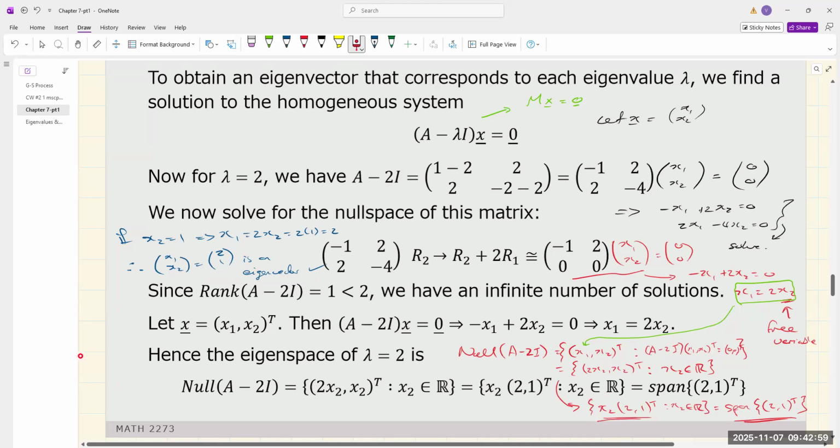Okay, of course, once you have the full null space, all you have to do is take any vector in here. So pick any x2 and you get it. Or if you want to, you could pick (2, 1), right, because it's the span of (2, 1). And that's the eigenspace corresponding to lambda equals 2. Now we had another